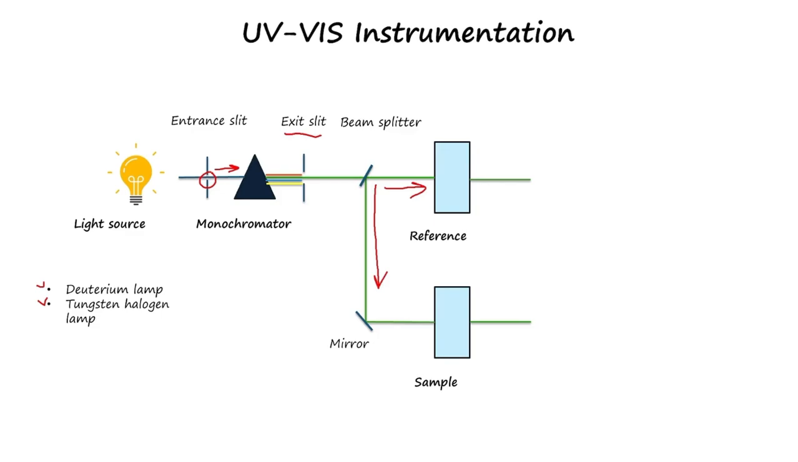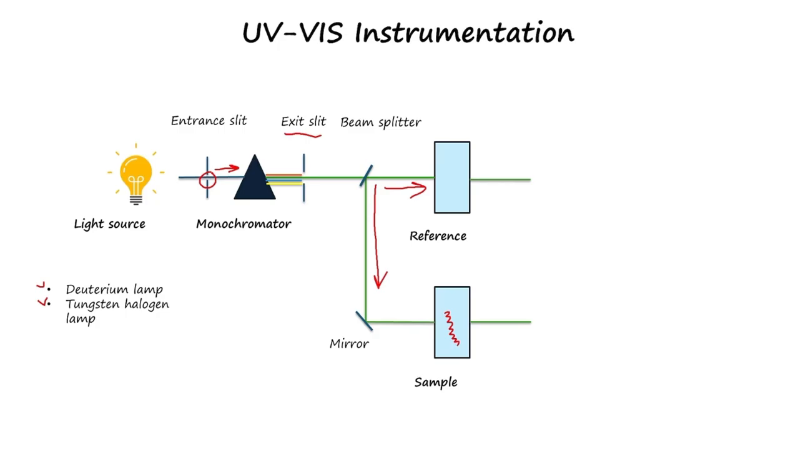The sample cuvette contains the analyte and may absorb part of the incoming light, while the reference cuvette contains the pure solvent, the solvent the analyte was dissolved in, to account for background absorption. Using two beams allows the instrument to automatically subtract the signals coming from the solvent and other potential sources